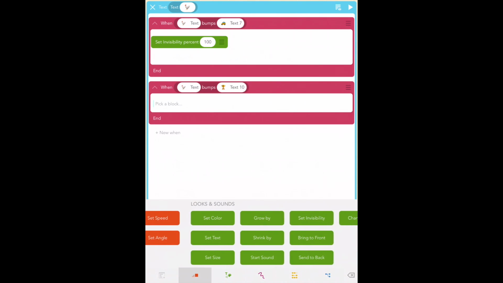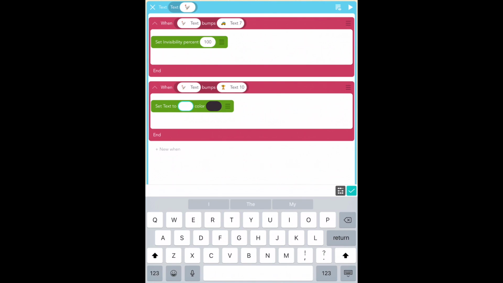So in the green, under looks and sounds, you'll find set text, and in the white blank oval button, click on that, and you could type anything in there, but I'm going to type you win, and you could change the color if you wish. Press the check mark,